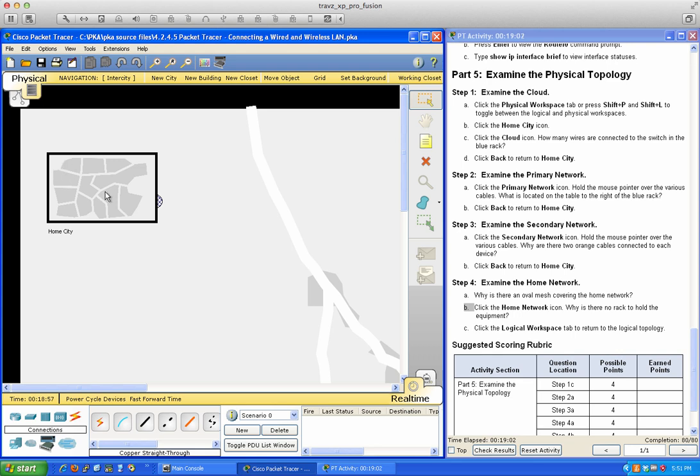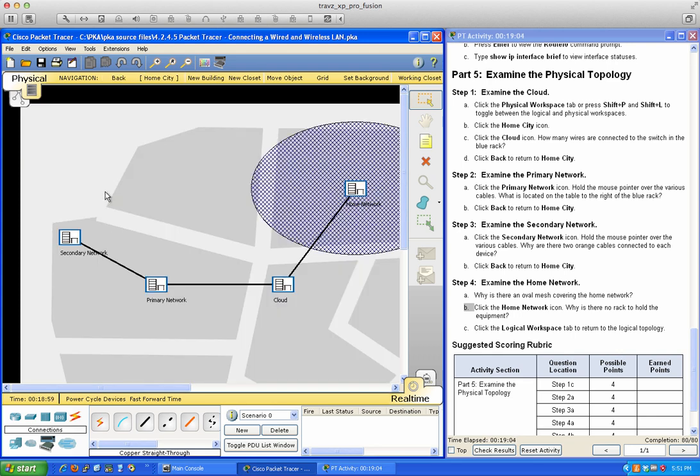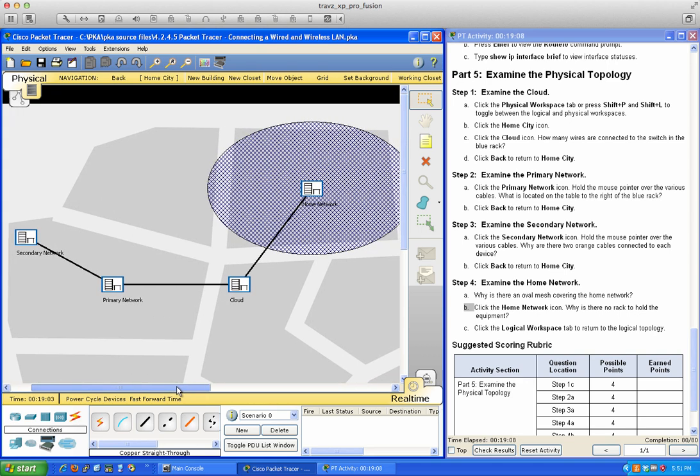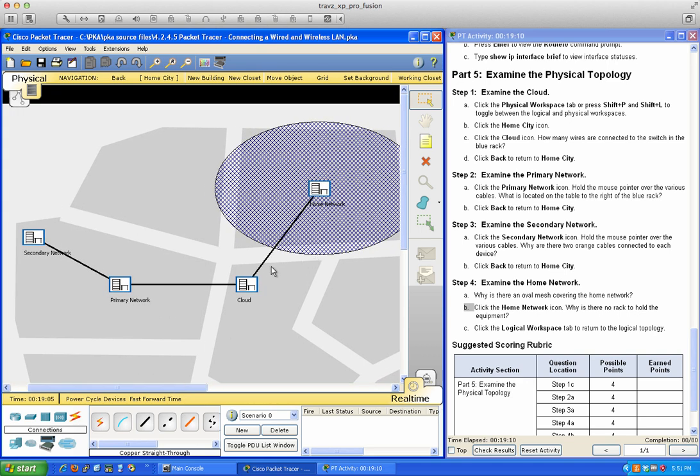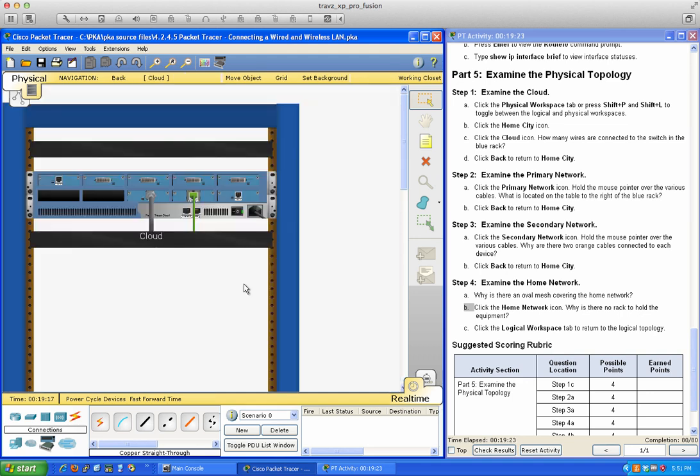So on the physical view, if I click on the Home City icon, you can see that it drills down and shows me a little bit more granularity in what I'm looking at. So there's the cloud, the primary network, secondary network, and my home network. It says click the cloud icon, how many wires are connected to the switch in the blue rack. So if we click on the cloud icon, you can see that there's a cable here and there's a cable here, and that is